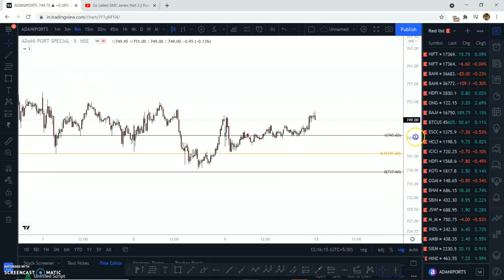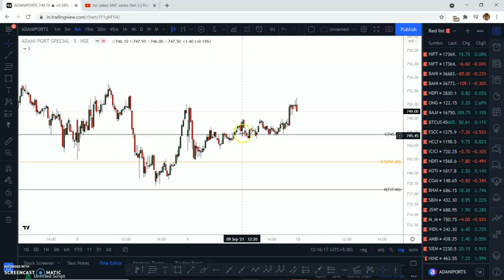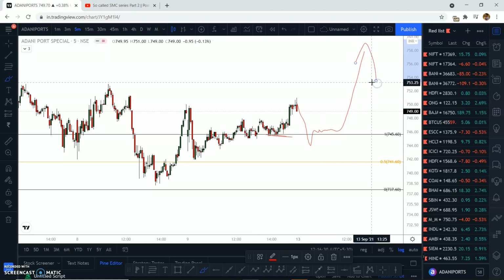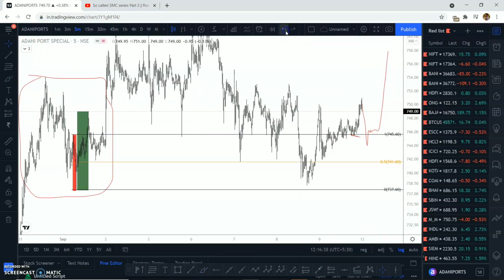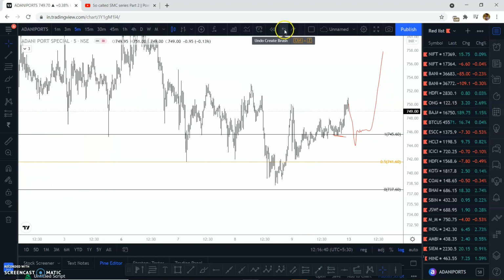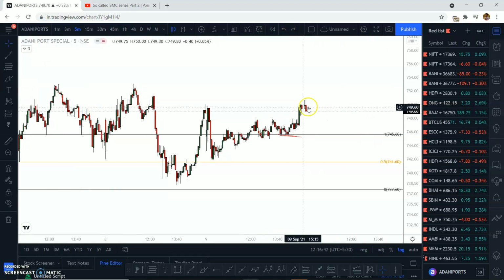All right, now what's the plan or scenario for the next trade? Very simple. Let the price take out these equal lows, come back up, and come back somewhere here. Take a long. This is somewhere I will take my long trade. If this happens, if the price simply goes inside this,